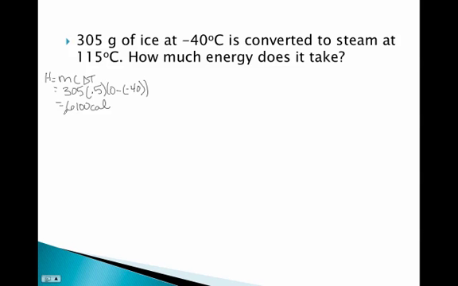Now I'm going to actually melt the ice and turn it all into water. So it's going to be mass times the heat of fusion. The mass is 305 grams. My heat of fusion is 80. So I multiply those two, and when I do that, I get